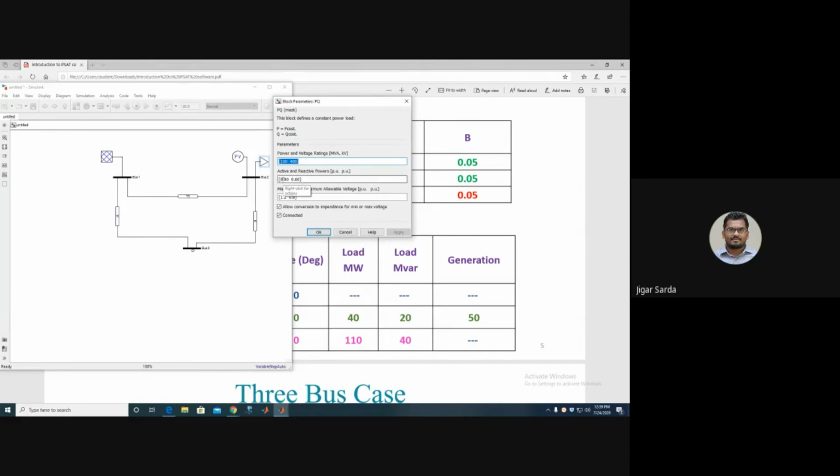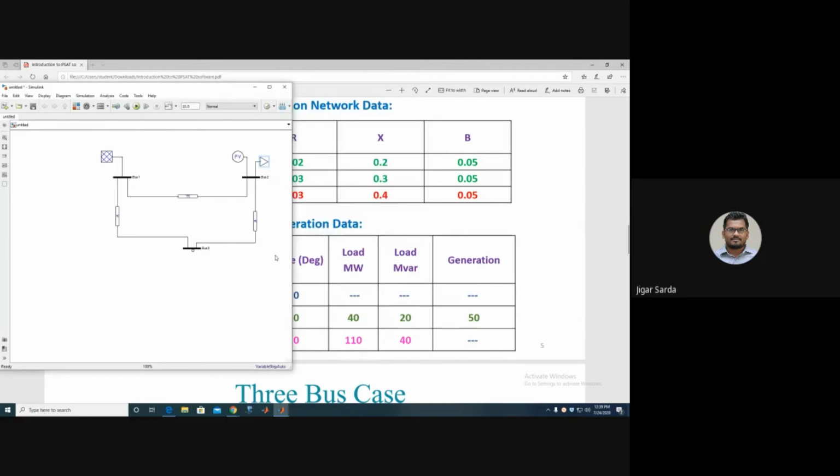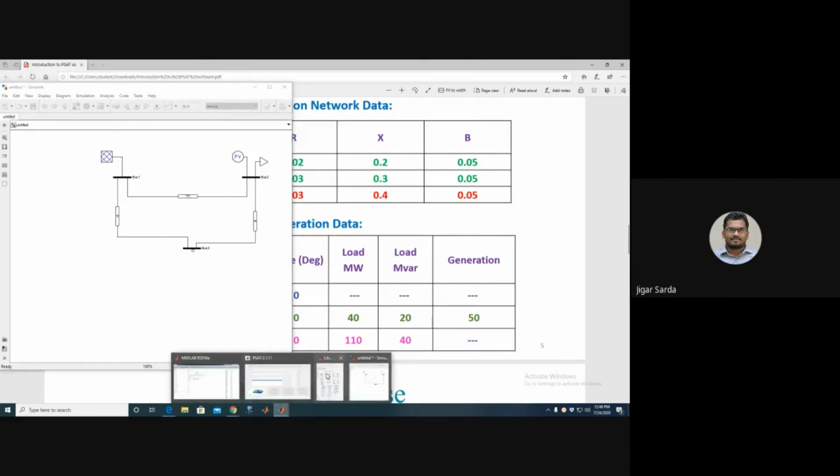It is 40 megawatt, but in PSET software you have to enter in PU. So 40 divided by 100 is 0.4, and 20 divided by 100 is 0.2. Apply. Similarly, the load is present on bus number 3.